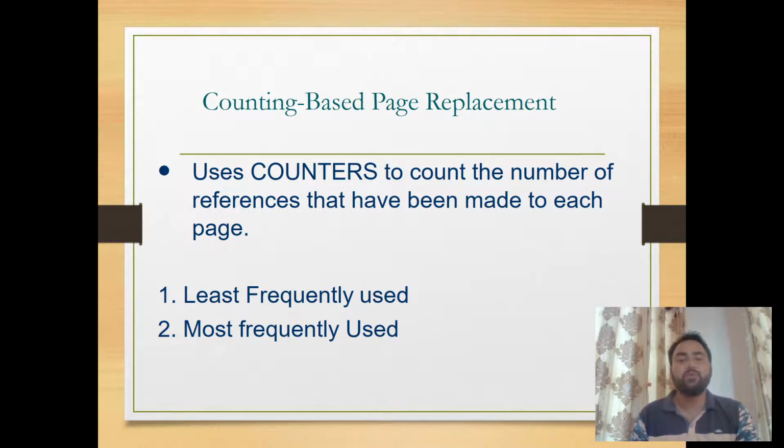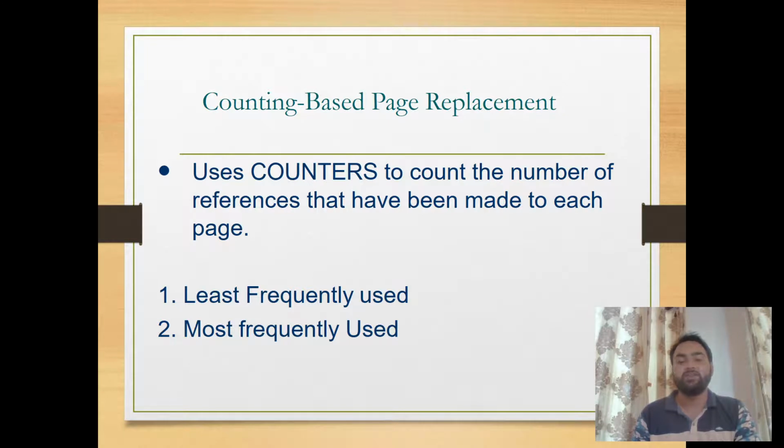And on the basis of that, we derive two sub algorithms of this. One is least frequently used and the second one is most frequently used. Least frequently used says that if the counter value for a particular page or frame is very less, then it notifies that it is the least frequently used page. And if the counter value for a particular page is very high, then the system defines it as the most